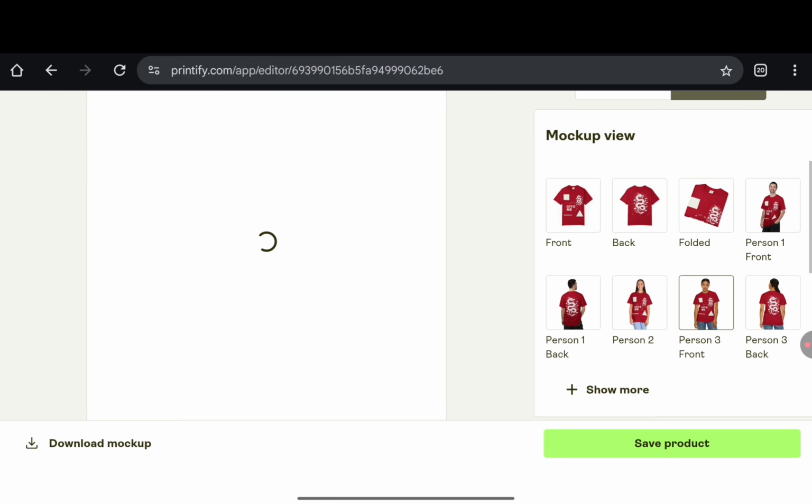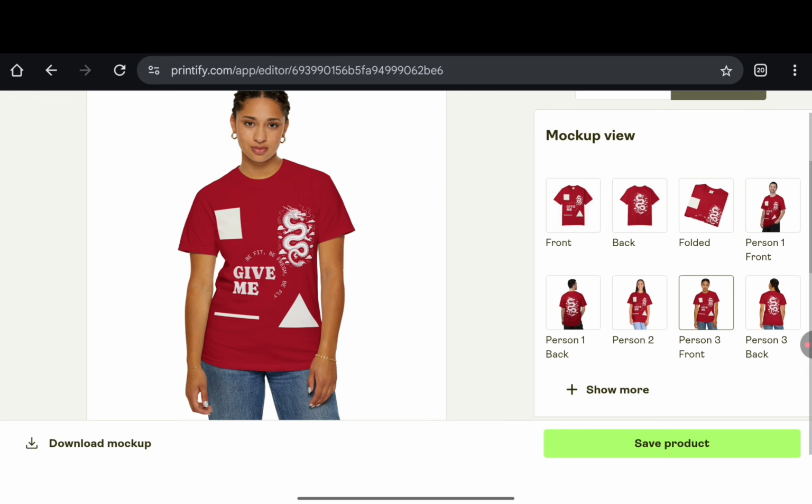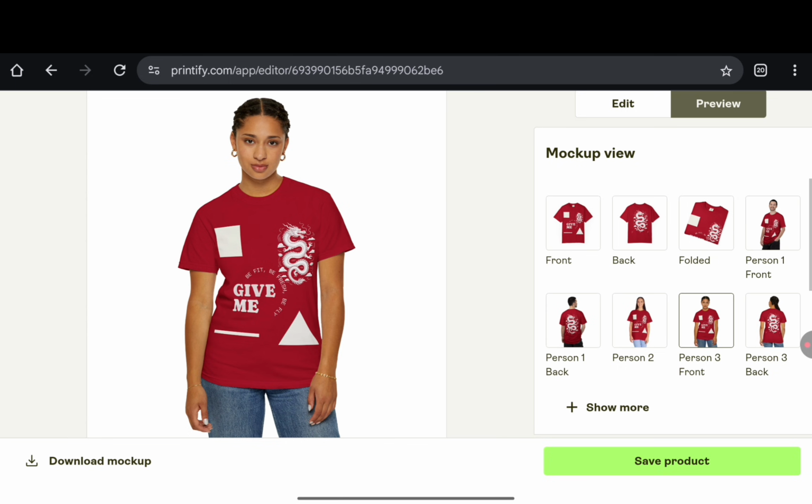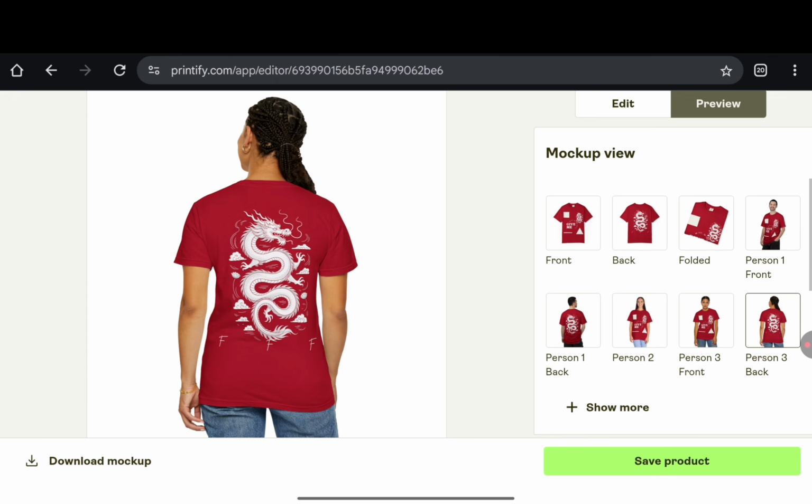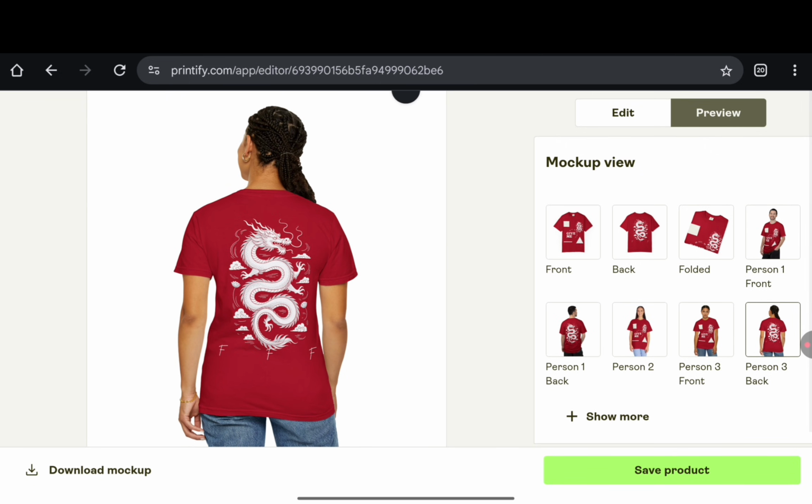Okay, so one of the ones I actually like the most is this lady's clothing, the lady's mock-up. Actually, if I were to market this clothes, I'm actually gonna market it with this lady for sure, because I mean, I think she looks really nice on this clothes, especially the red one, right? So let me show you the white one as well. So let's save products and go ahead and see what the white one is gonna look like.